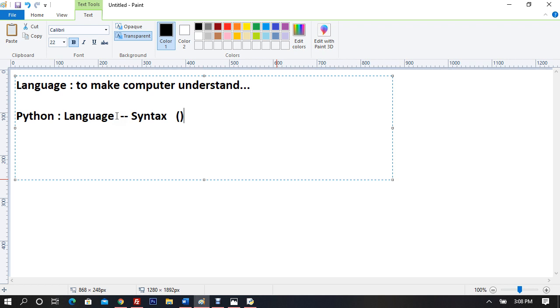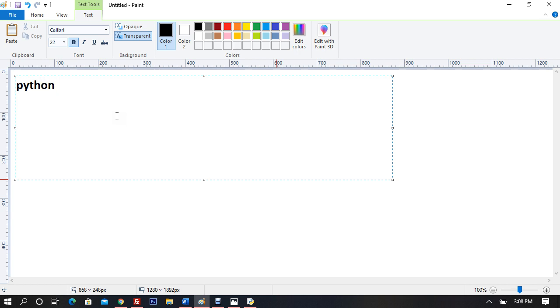Python is old. Python came into existence in the year 1989, and Java came into existence in the year 1995. So Python is about six years older than Java.